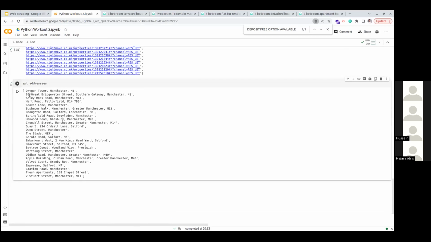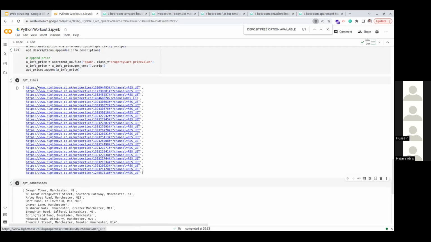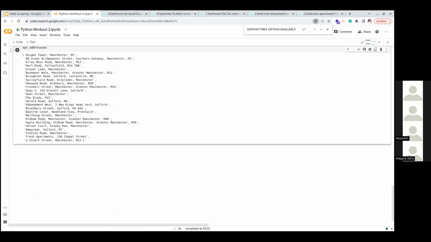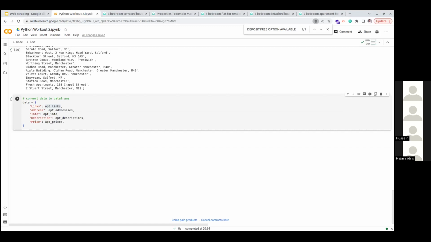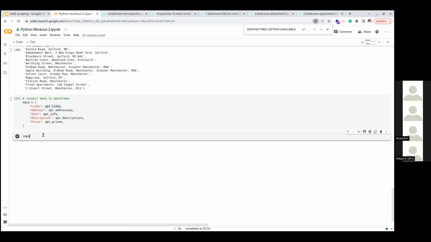So you can see that this one is the address, and this second one is the address. The other thing I've done is try to put it in a data frame. So I put it in an object: links, apt links, the arrays that I've done. Let's run that, and to make sure it's in a good format, I use Pandas. Pandas is also another library